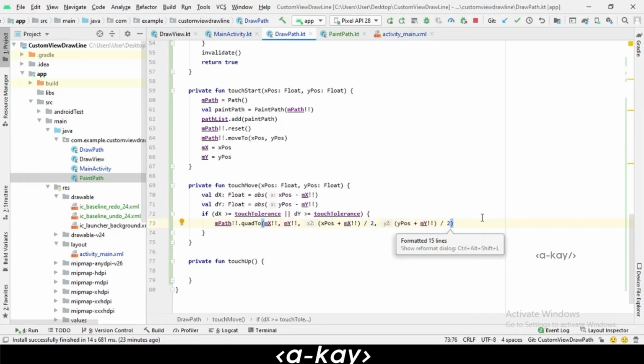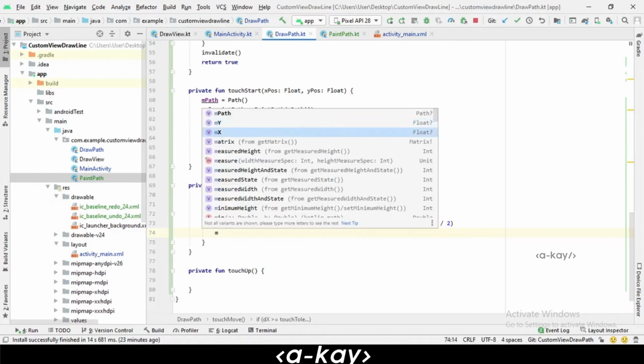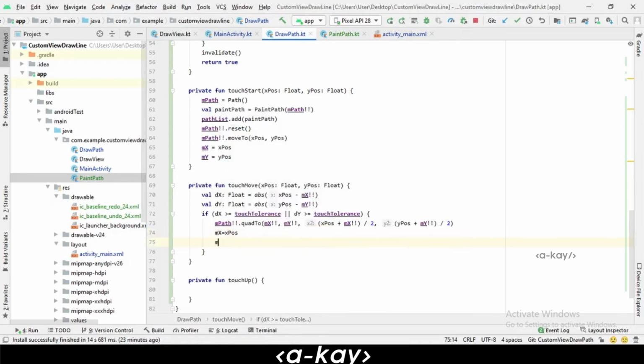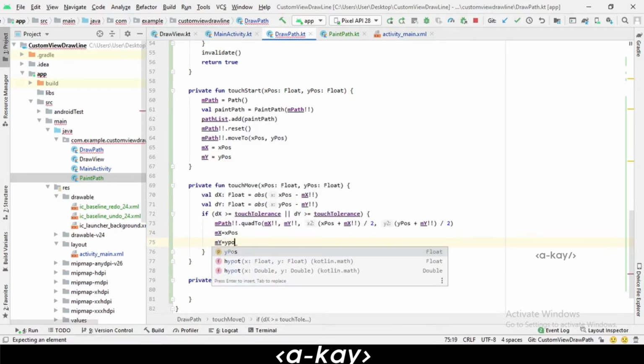Okay, and also here we have to set our mx as current x position and my as current y position.